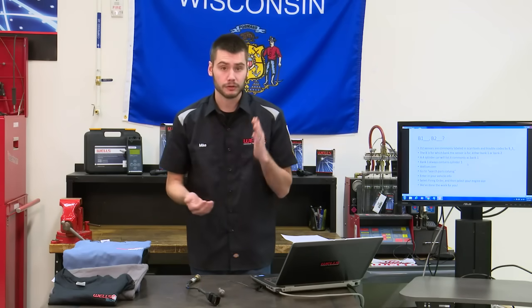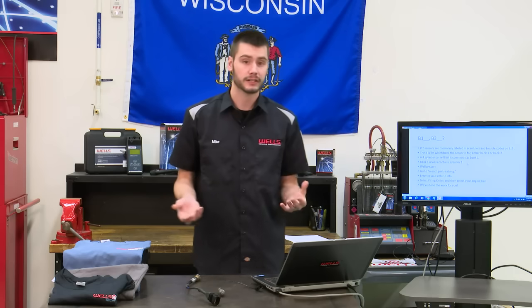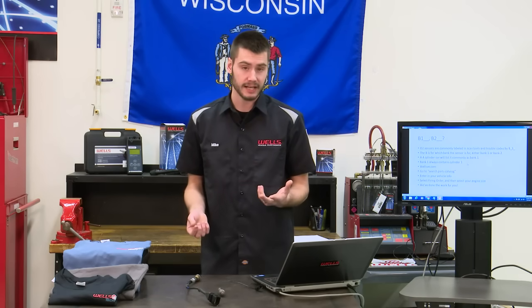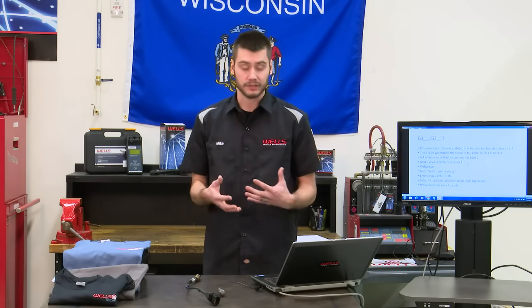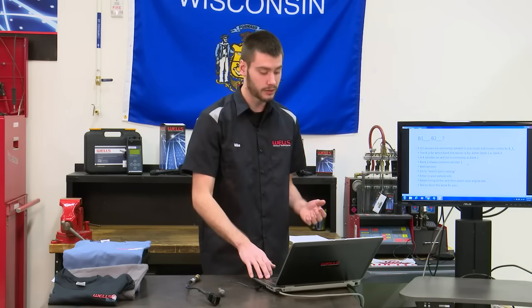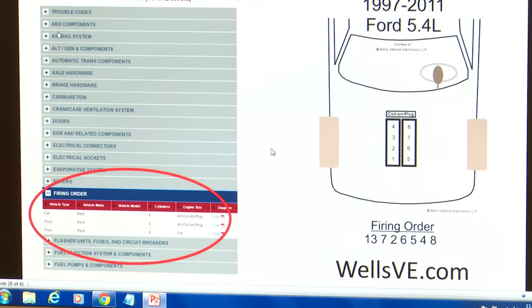Now, if you're not sure what side is bank 1 and what side is bank 2 in your vehicle, head out to our website, wellsve.com, click on the search parts catalog option, enter in your vehicle's information, and select firing order, and we've done all the work for you guys. So I went and did that. I went to the website, entered in 06 F-150 5.4, went to firing order, selected truck, 5.4 liter, hit view,